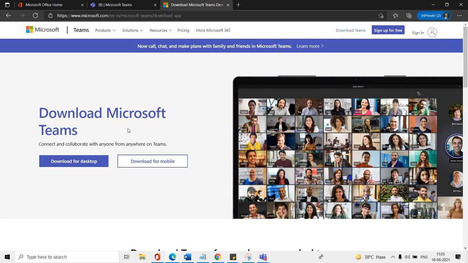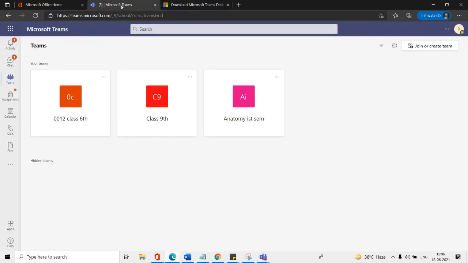But most students, as I know, use a mobile phone to access Microsoft Teams, right? In that case, if you are using an Android phone, you can go to the Google Play Store, type Microsoft Teams, download it and install it. If you are using Apple devices, you can go to the App Store and download Microsoft Teams on your mobile phone. Then enter the user ID and password provided by your faculty or your school. This way you can access Microsoft Teams on your system or mobile phone.